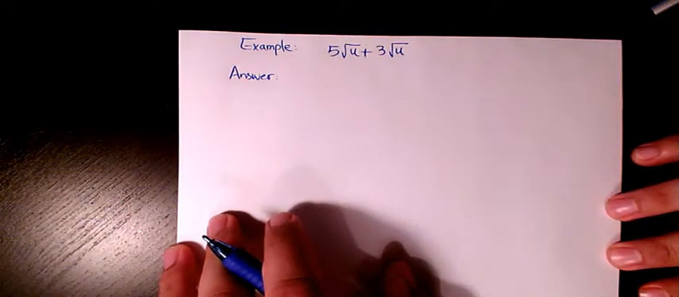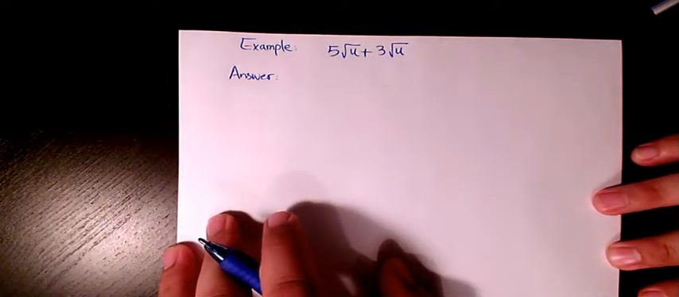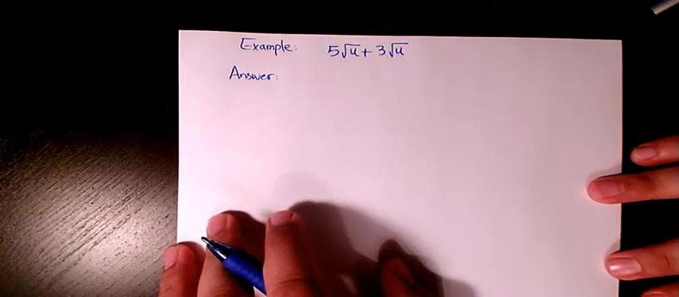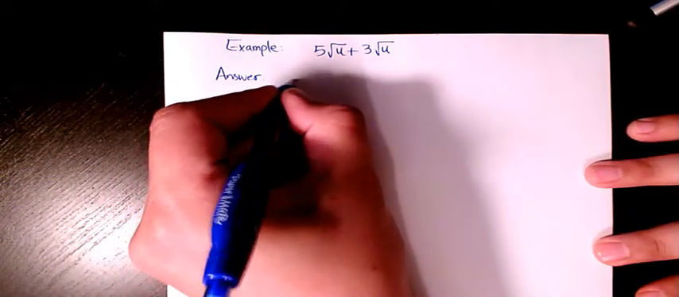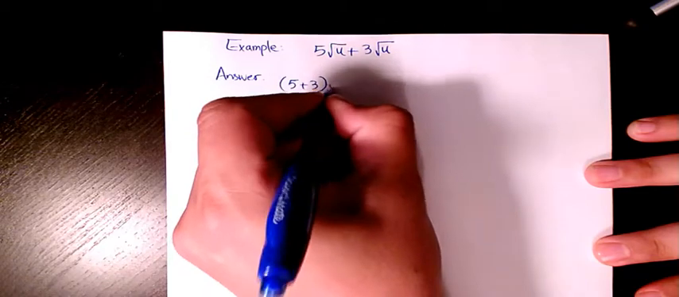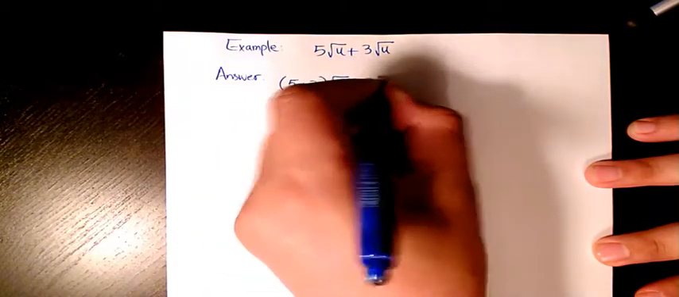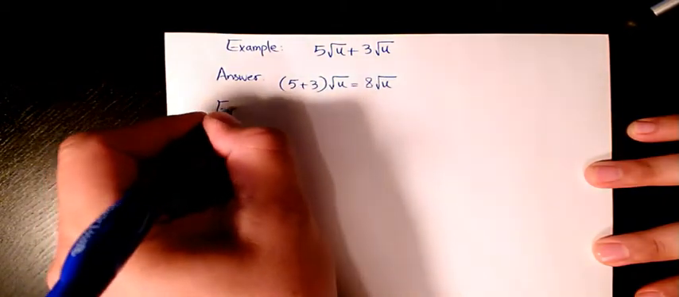Welcome to my channel. In this video I want to show you some examples for adding and subtracting square roots or radicals. First one is 5 root u plus 3 root u. The answer will be 5 plus 3 root u, which is 8 root u. Next example